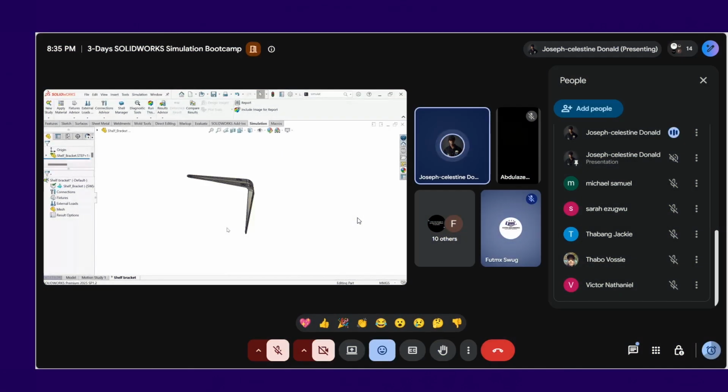Fixtures, in my opinion, when it comes to designing in general, you treat it like it's actually happening in real life. Like, this is how it would go if you were working in real life. For instance,